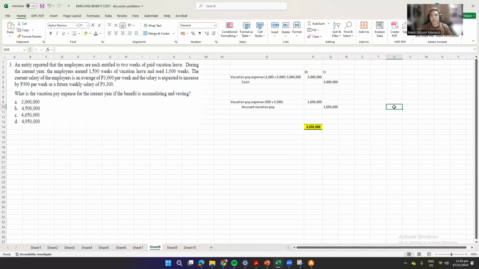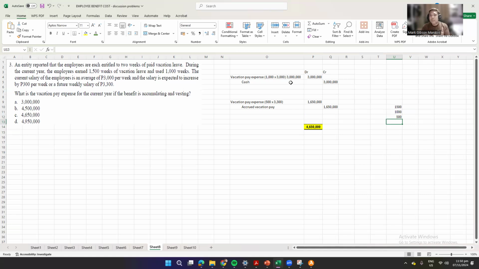Sabi, di ba, meron kang 1,500 weeks of vacation. Nagamit mo si 1,000. So itong nagamit mo, it will be based on the current rate. No? So that's 1,000 multiplied by 3,000 pesos per week. Ngayon may natira. So ilan yung natira? 500 weeks. Itong 500 weeks, you have to compute it based on the future weekly salary kasi it's accumulating vesting,